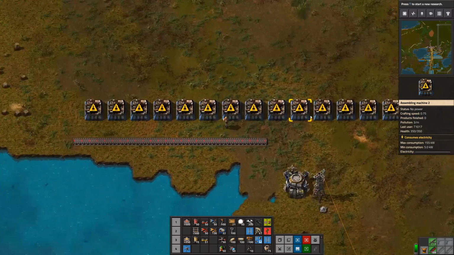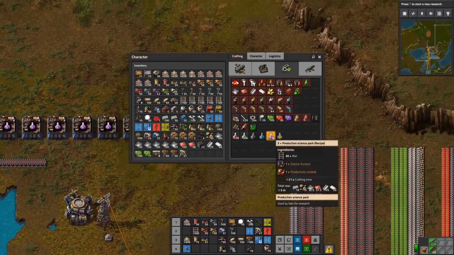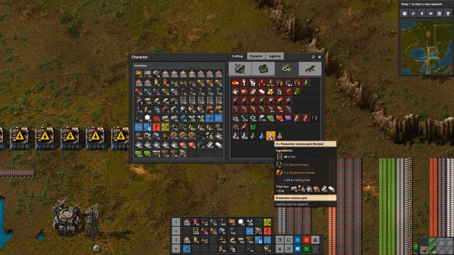Oh, but with the direct insert, we need to look at the spacing on these. So let's do the ratios. 30 rails every 21 seconds, but let's not do that. 10 rails every science pack, because 30 rails becomes 3 science packs. So 10 rails every science pack,